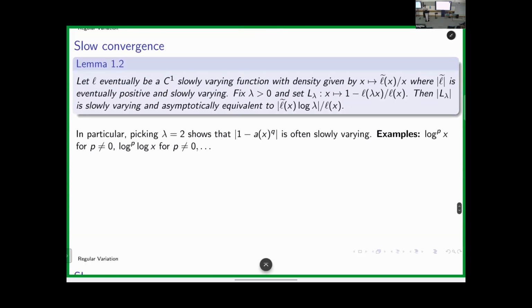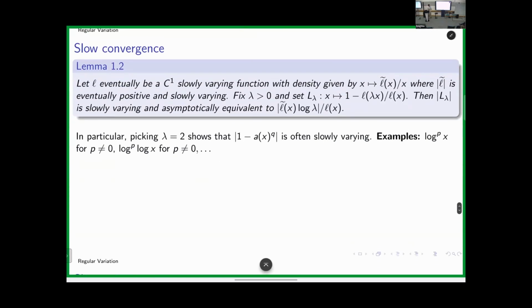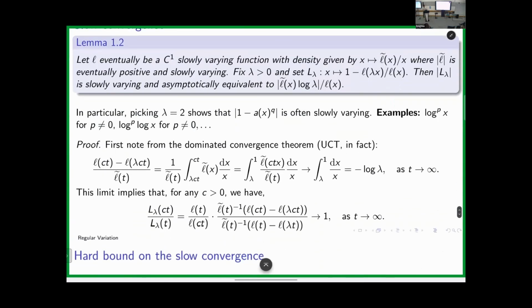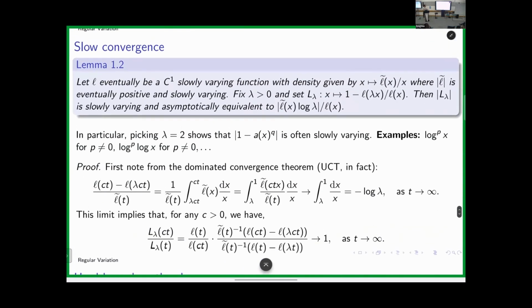Let me just give you some examples here. So we worked with a sub-example of this one with p equals 1 and q equals 1. You can also do log p or log x for some p equals 0. And you can add them, compose them with operations, and most of these things will still fall in the scope of the thing. Okay. But who knows, most of the slowly varying functions that somehow appear in the world. And the proof is not hard. Okay.